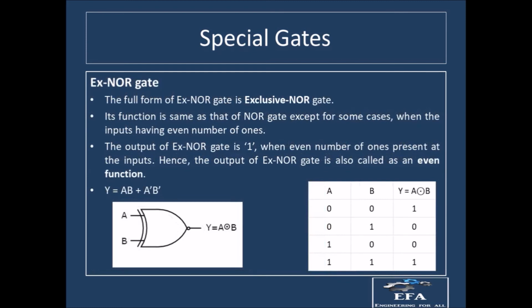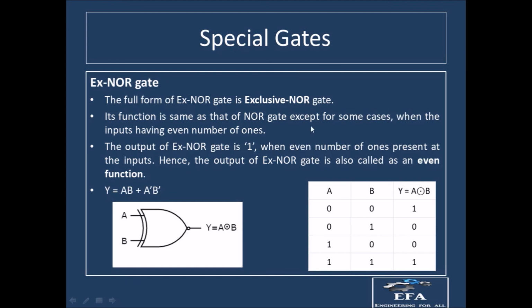This is nothing but the exclusive NOR. This is a special case of the NOR gate. Here you can see the symbol for the XNOR gate, where this symbol represents the XOR gate, and there's a bubble over here which is nothing but the inverse of the XOR gate. So XOR and XNOR are actually complements of each other. Wherever there is a 0 in the XOR gate, there will be 1 in the XNOR, and wherever there is 1 in the XOR, there will be 0 in the XNOR.